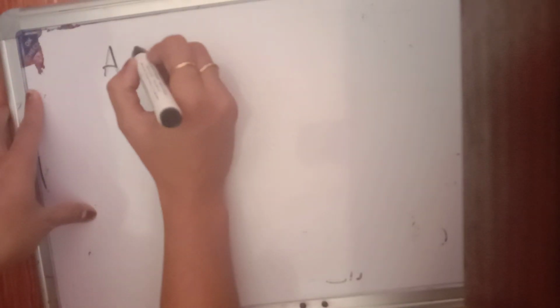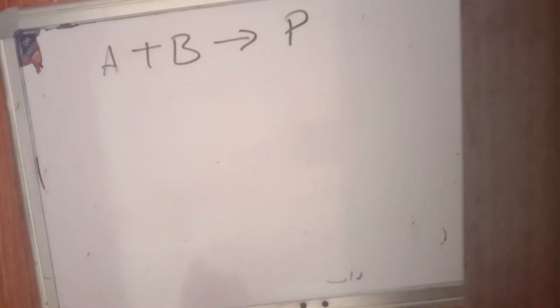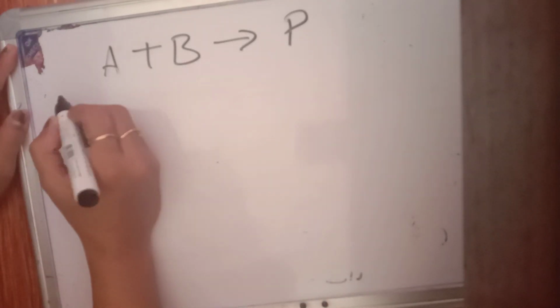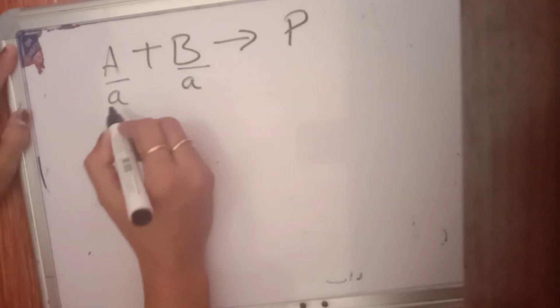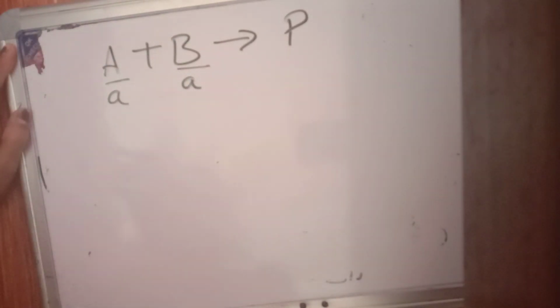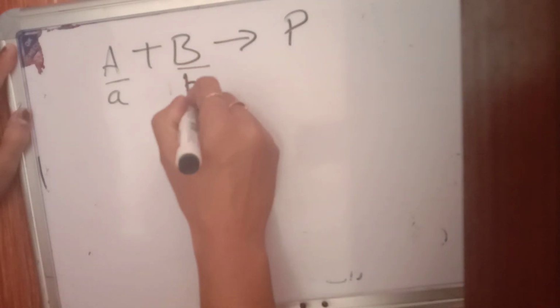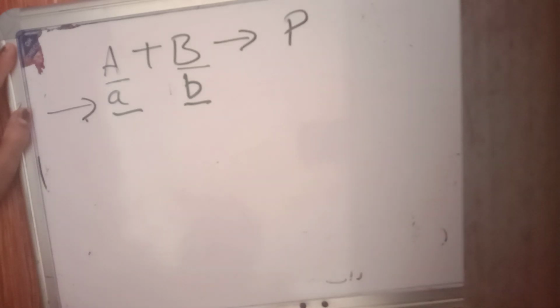Next, if the reaction involves two different reactants, A plus B giving products, here also two cases will arise. If we take the initial concentration of both reactants as equal, then we'll arrive at a similar expression as we have derived earlier. But the case will be different if we take the initial concentrations of both reactants different, a and b. So we'll derive this case.